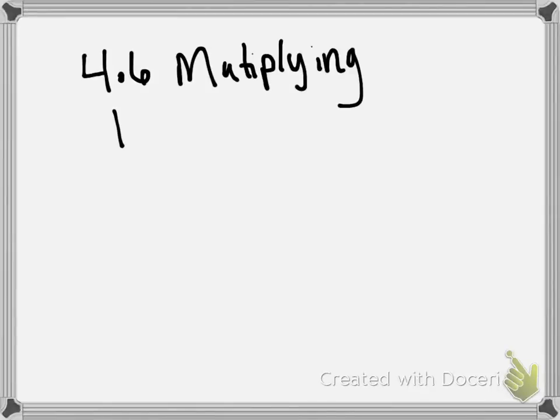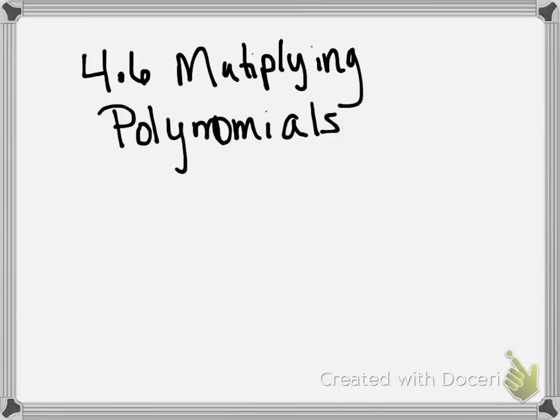Today we're talking about multiplying polynomials. And remember, a polynomial just means something with more than one term in it. So this is 4.6, and there is an activity that goes with it. And it starts out kind of small, and I think you probably will remember this